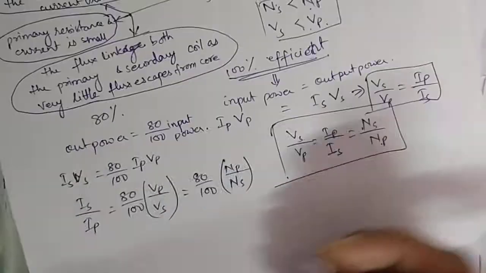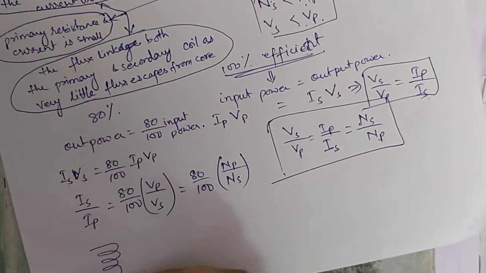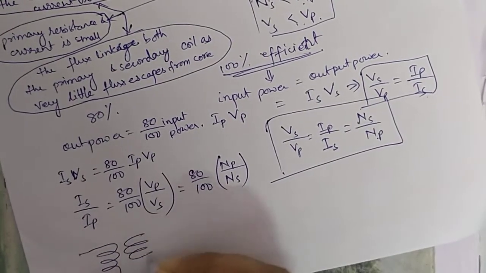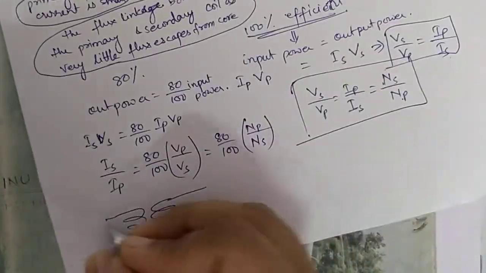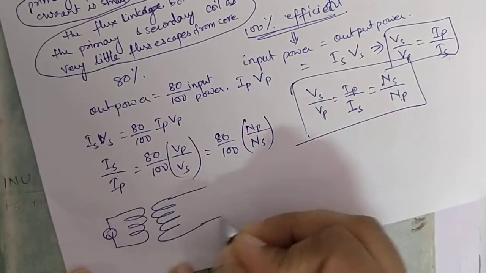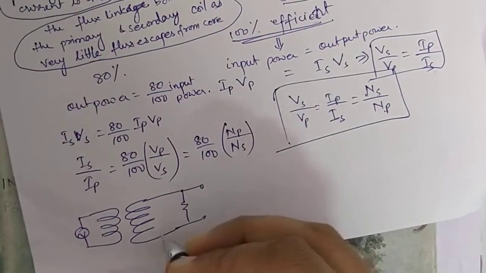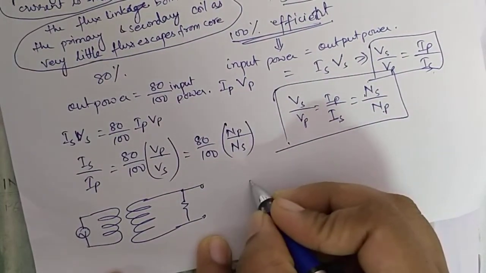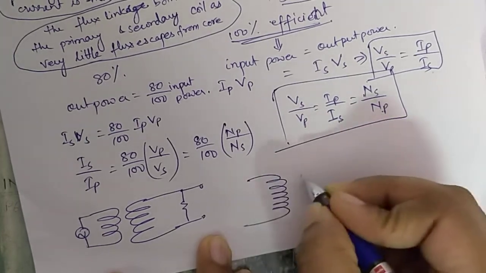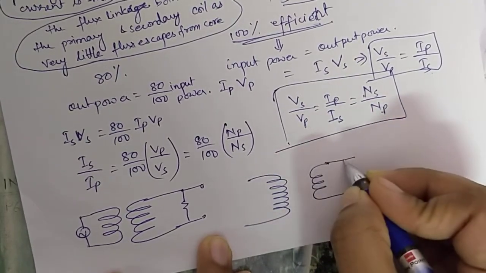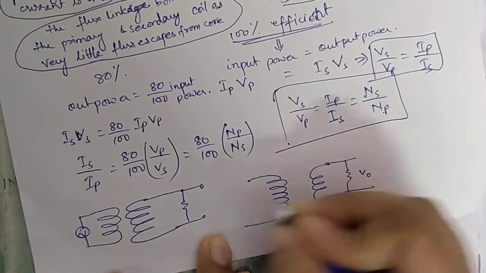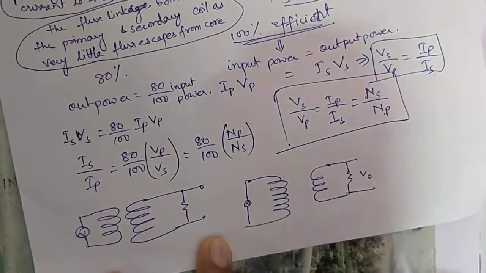Now there are a few symbols which are related to step up and step down transformers. If there is no core inside, then to make a step up transformer, you draw the coil like this. Here is your primary coil and here is your secondary coil. So this is the step up transformer. For a step down transformer, here you will make more number of turns and here you will make fewer turns. This is your output and this is your input. So this is the step down transformer.